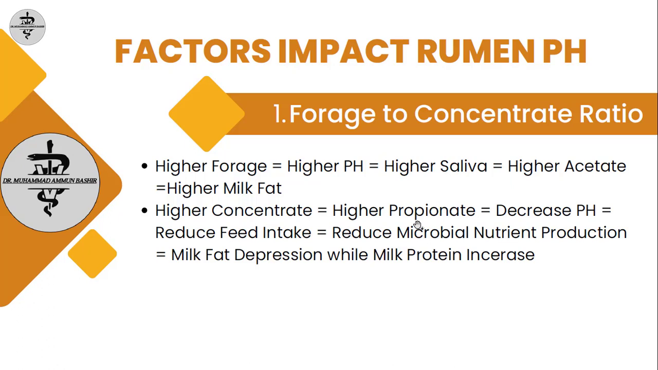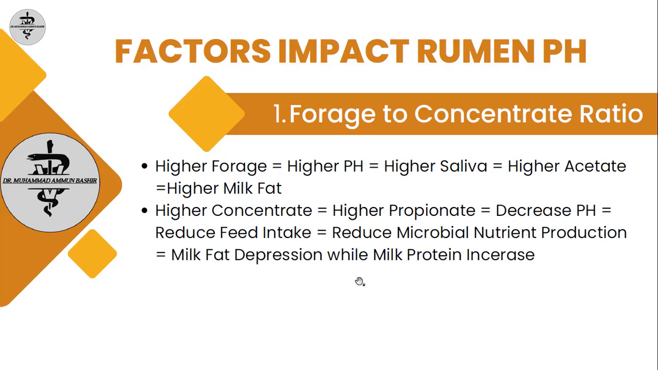higher propionate production. But keep in mind, there will be a decrease of the pH, because the concentrate is some form of starch, and the starch digesting bacteria's ideal pH is 5.5 to 6. That's why there will be a decrease in pH. If there is a decrease in pH, the animal moves towards acidosis. In case of higher concentrate beyond the limit, there will be reduced intake. Ultimately, there will be reduced microbial nutrient production, and there is milk fat depression while milk protein increases in